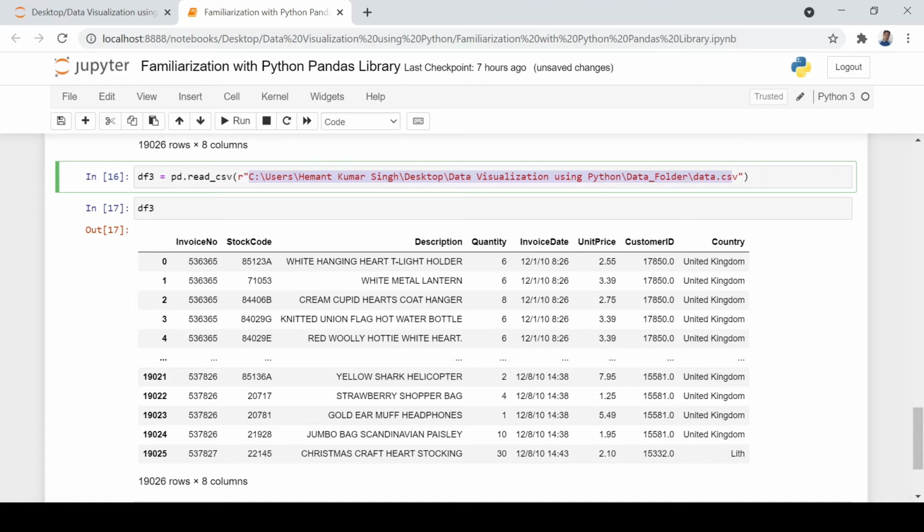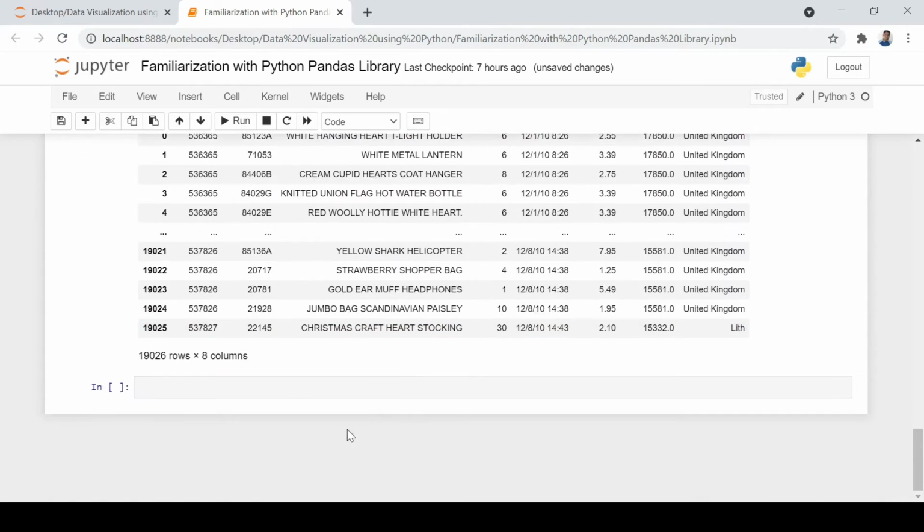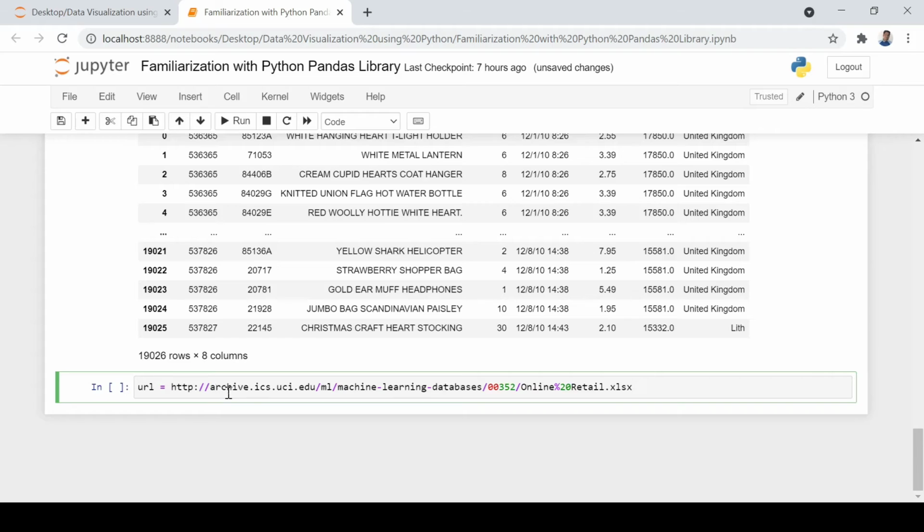You can also try the URL method. For example, let's say you want to load the data from a URL. You have the link and access to the file somewhere in the cloud, and you want to read it. So you can also do that. For example, I will give you an example for that. You just define a URL and put in the value. So this is the HTTP. You just have to provide this in a string format, otherwise it will try to find that kind of variable. So this is that URL you define.